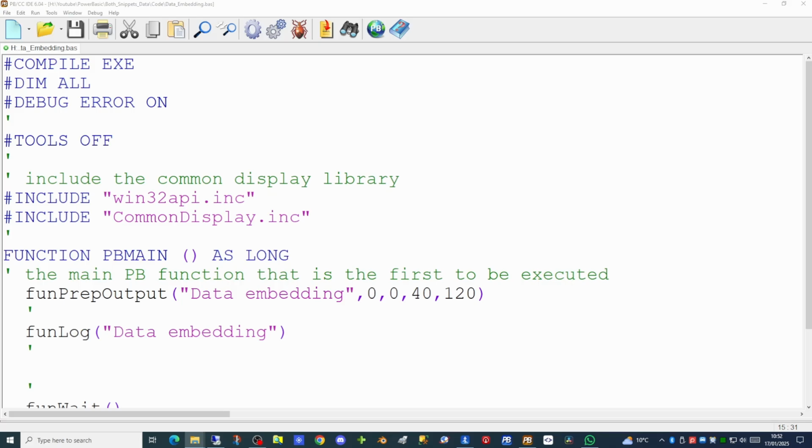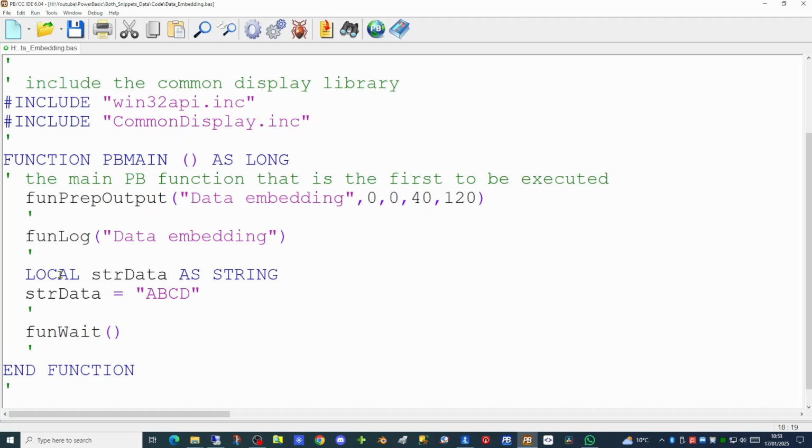Today we're going to be looking at storing data or information within your application. There may well be parts of your application that require some information which will not change during the session that the application is actually running. This data is effectively hard-coded within the application itself, and we're going to look at several different ways this could